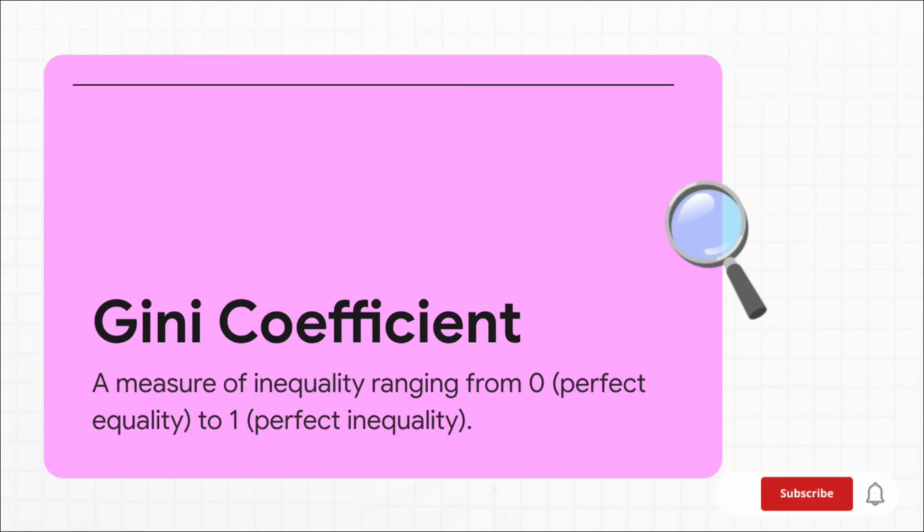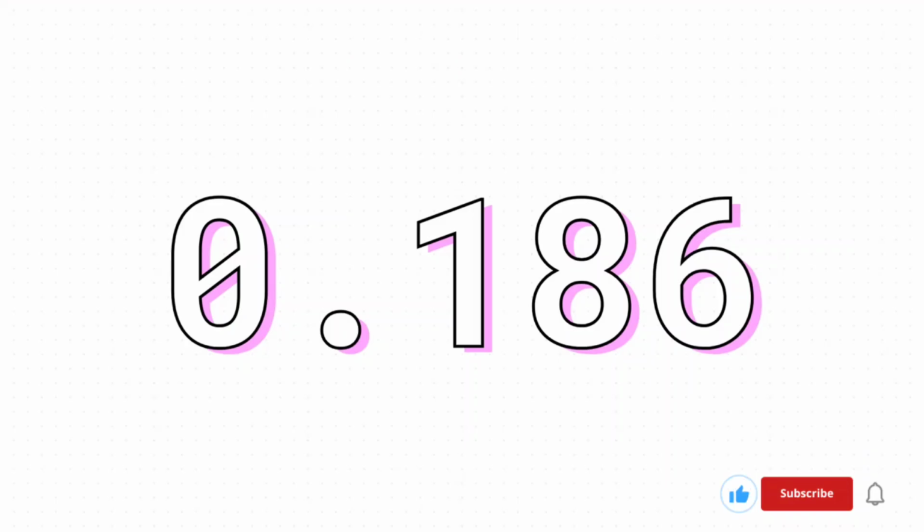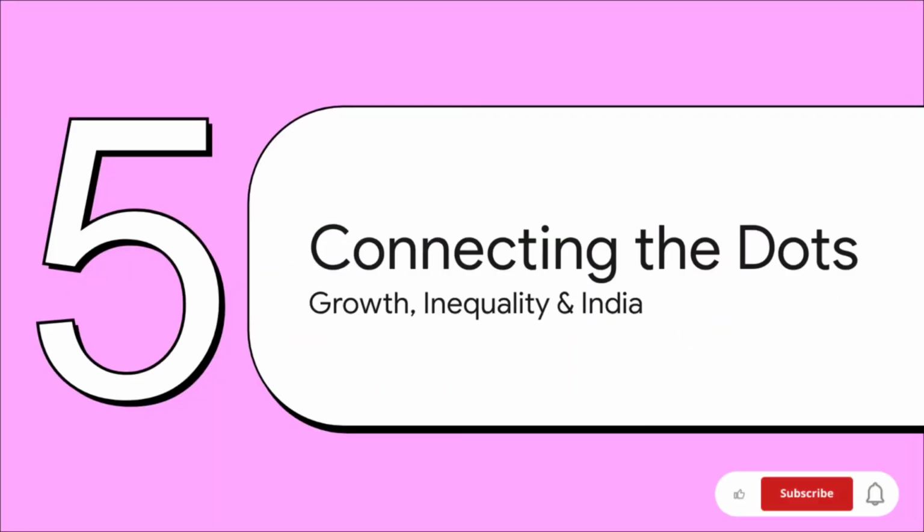Now, the really cool part is we can take that entire visual gap in the Lorenz curve and capture it in a single powerful number, the Gini coefficient. It's a score that runs from 0 to 1, where 0 is perfect equality and 1 is perfect inequality. This makes it super easy to compare inequality across different countries or even track it in India over time. For example, the sample calculation from our source material gives us a Gini coefficient of 0.186. That one number tells us the precise degree of inequality in that specific dataset, and in this case, it's a relatively low level.